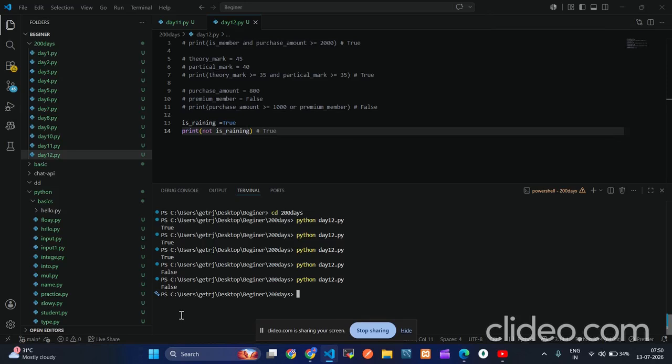These were real-time examples of the Python logical operators. We learned how and checks if all conditions are true, or checks if at least one condition is true, and not simply reverses a boolean value. Practice these examples yourself and try changing the values to see how the output changes.